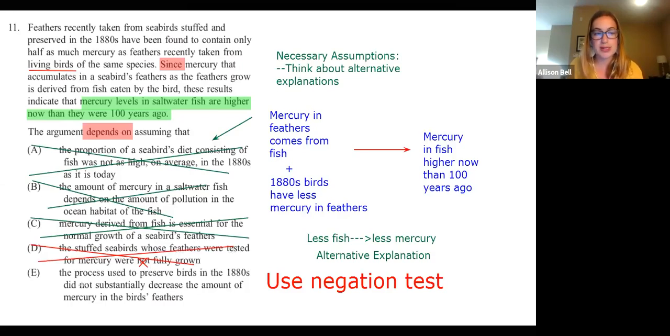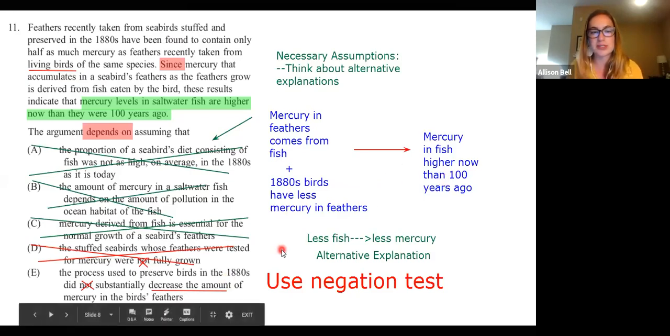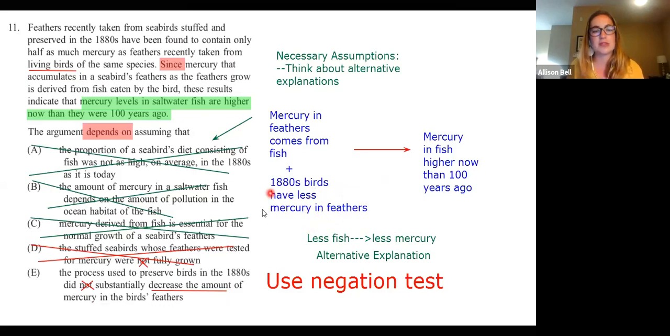So we try it on E and we say the process used to preserve birds in the 1880s did substantially decrease the amount of mercury in the bird's feathers. So this is giving us an alternative reason why these birds from the 1880s would have less mercury, which is the critical thing we're trying to figure out. Why do they have less mercury? The argument says it's because there's more mercury in fish today. But E is saying, no, there was just this thing that they did, and it would decrease the amount of